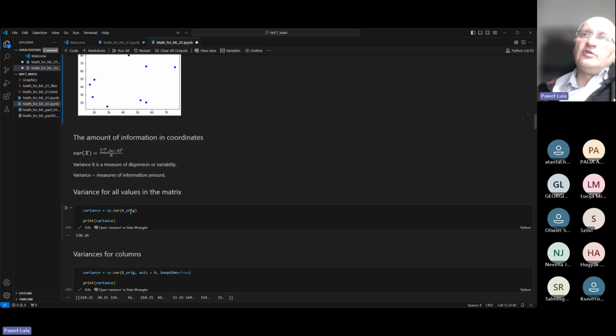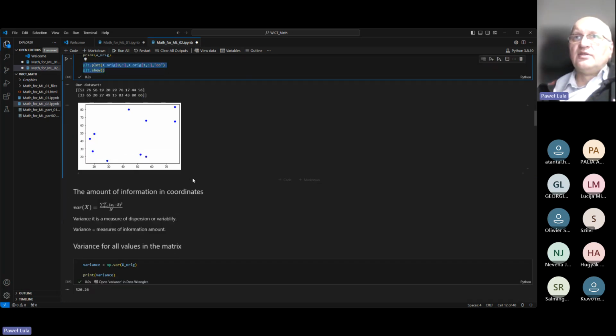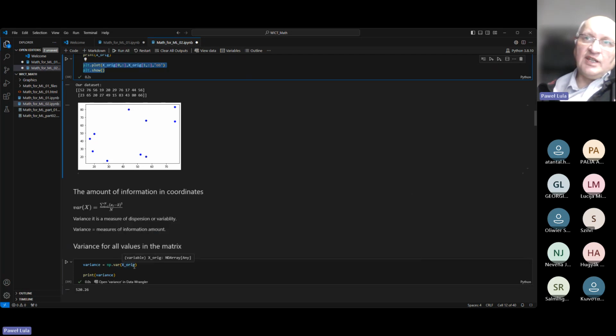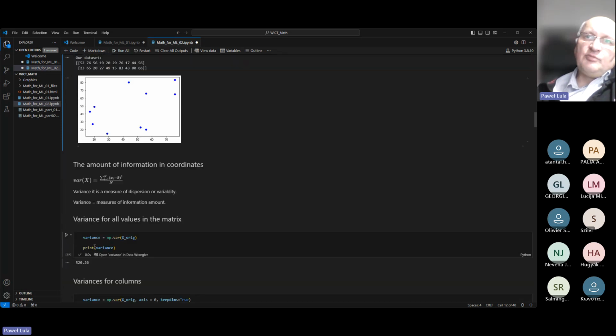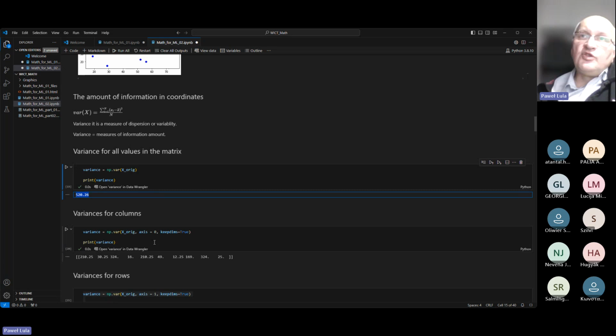Because you remember, in this matrix XORG, we have this data which we are going to analyze. And we can put this data here as a parameter of this var function and print a value which was calculated here. This value is here. It is a variance calculated for all values in the first and in the second row. So if we want to calculate